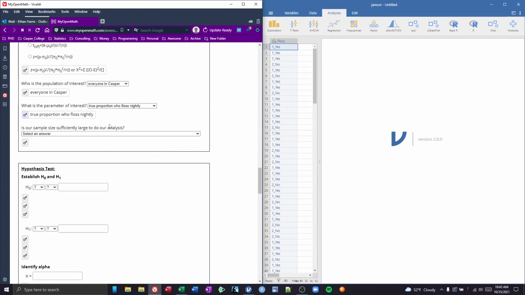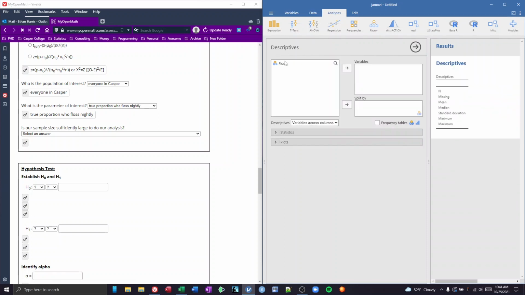This is a good question, and this first one we can actually use Jamovi to help us out. So this comes back down to, is the central limit theorem able to be enacted so that we can actually make an approximation of this categorical data with a normal distribution? That's basically where it's at. So when we do this, let's go ahead and look at our exploration, and we're going to look at just some descriptives. All we're going to do is pull floss over,